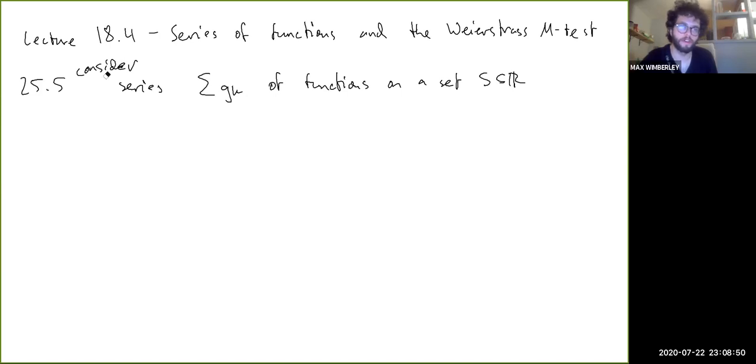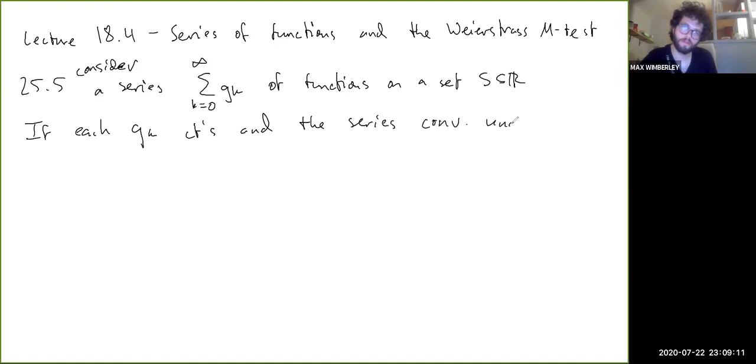Consider a series of functions like this, let's say from k equals 0 to infinity. If each g_k is continuous and the series converges uniformly on S,